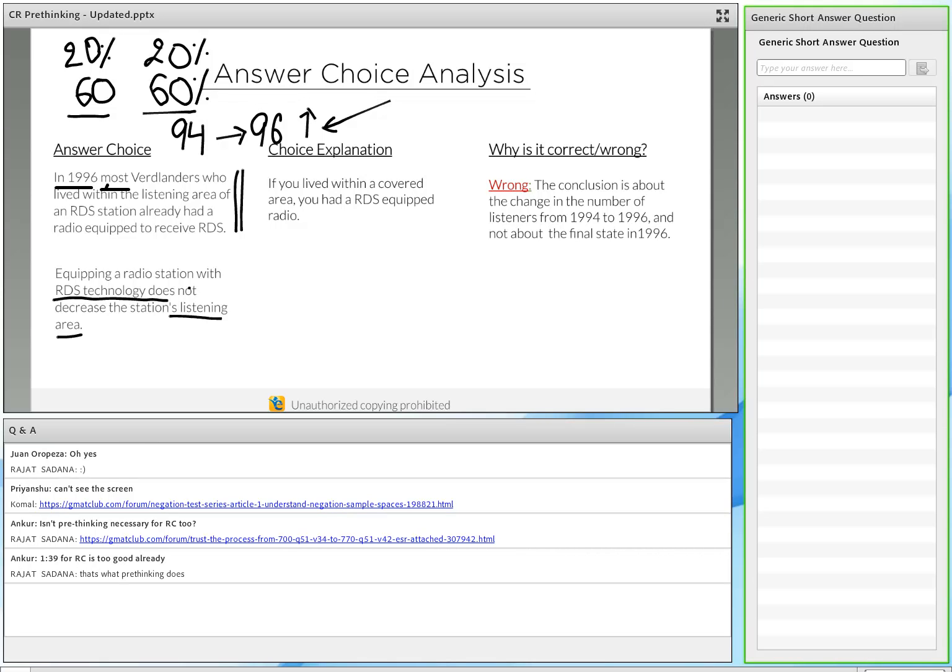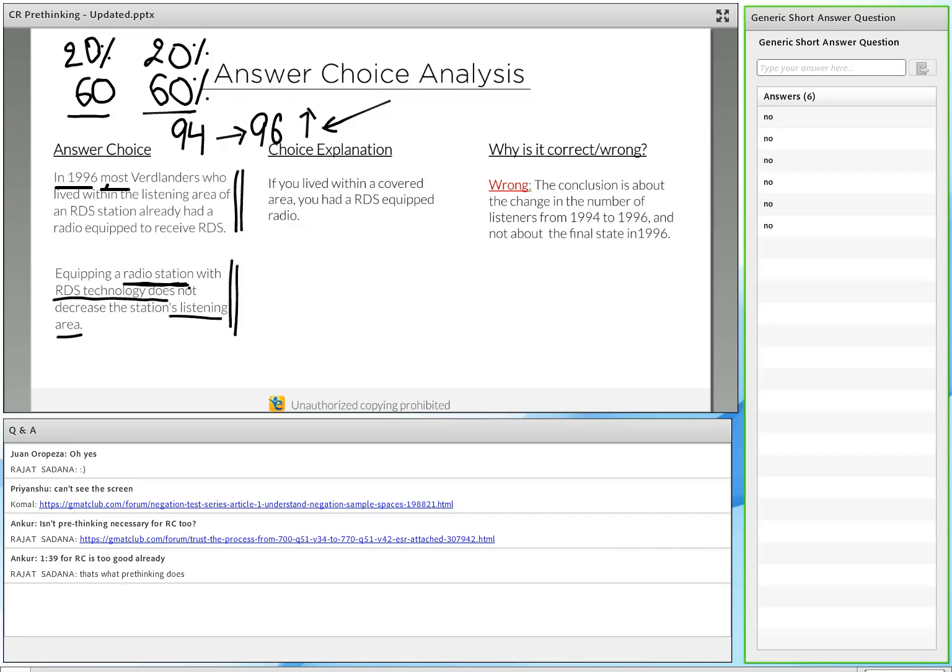Now, very simple. When it comes to special programming, and I'm focusing on special programming only, why? Because our conclusion worries about it. When it comes to special programming, if a station does not have RDS technology, what is the range of special programming from that radio station? If a certain radio station has no RDS technology, can it broadcast special programming? Can it broadcast? Yes, no? It cannot, right?